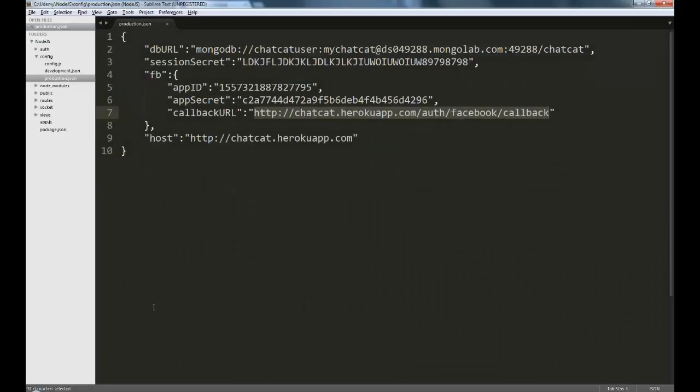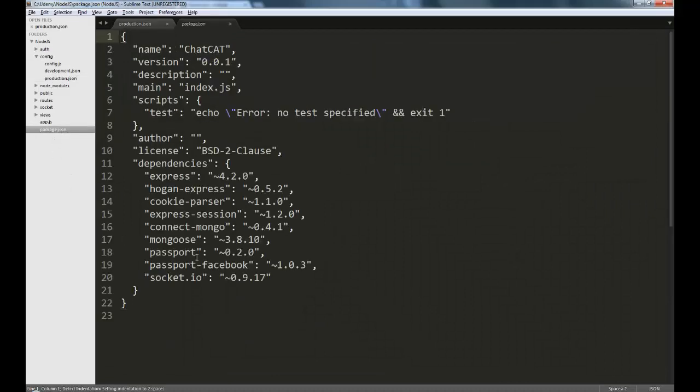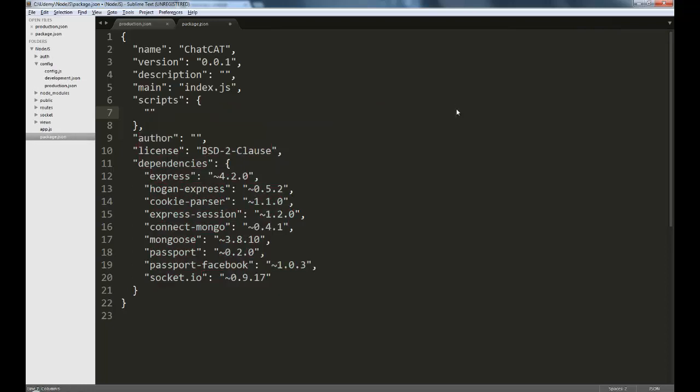Now let's go into the package.json, and you can see here that there is a section in the package.json called scripts. So what we're going to do here is replace this test key and value with something called start. And I'm going to set this to node app.js.